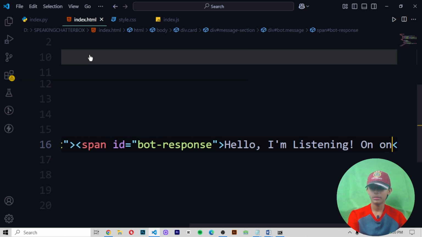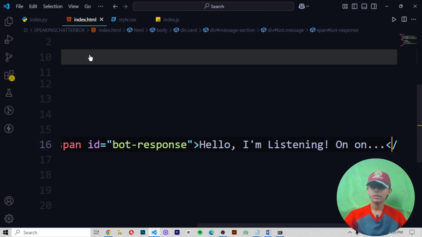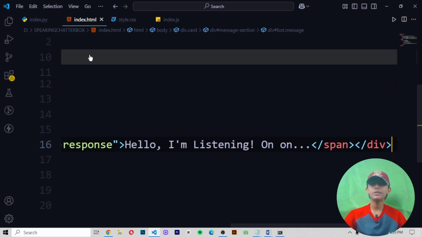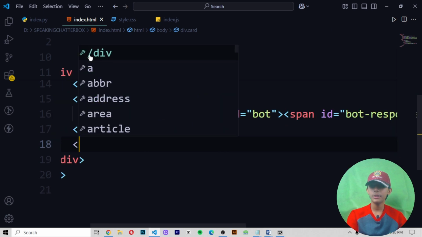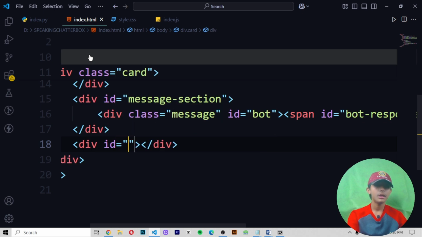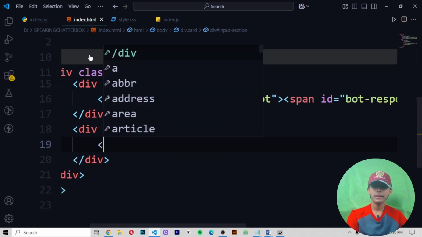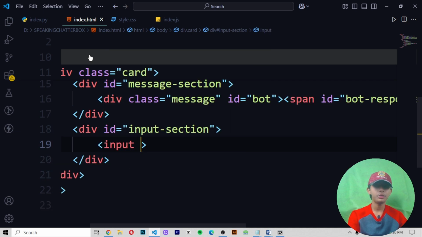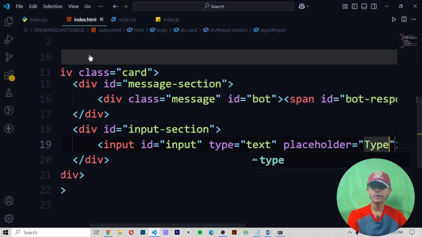Then, when we have written all this code, we write one more div with the id input section, and then an input with id input, type text, and a placeholder: type a message.